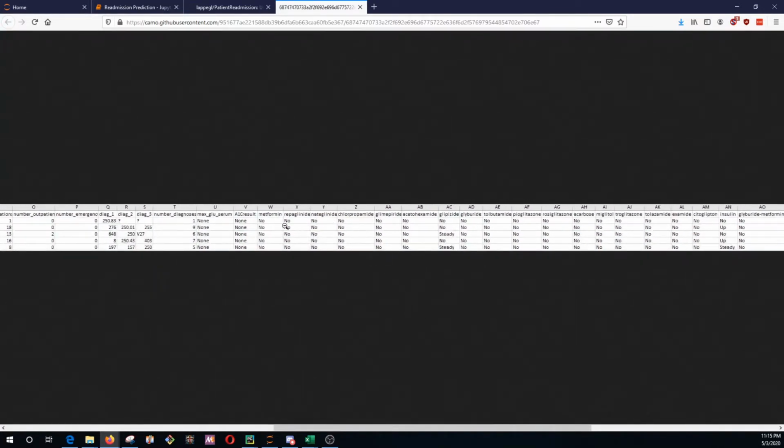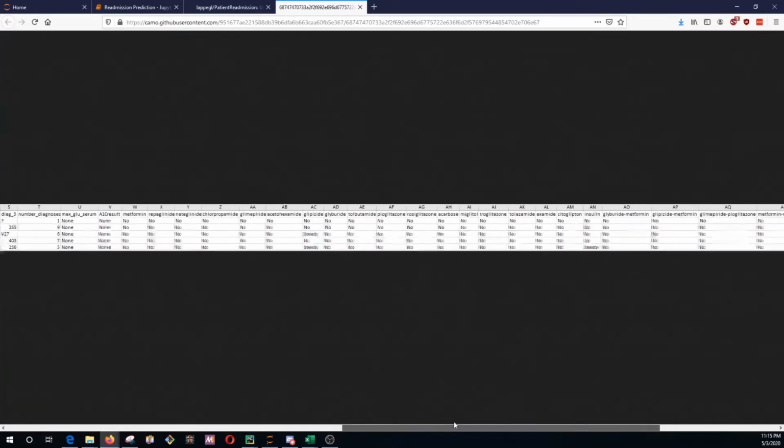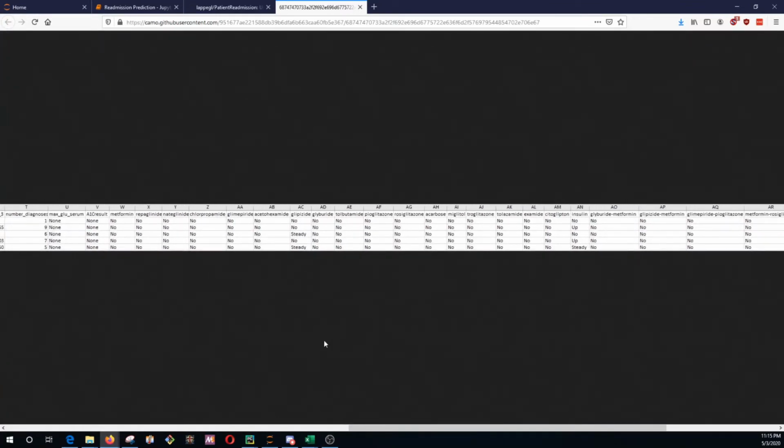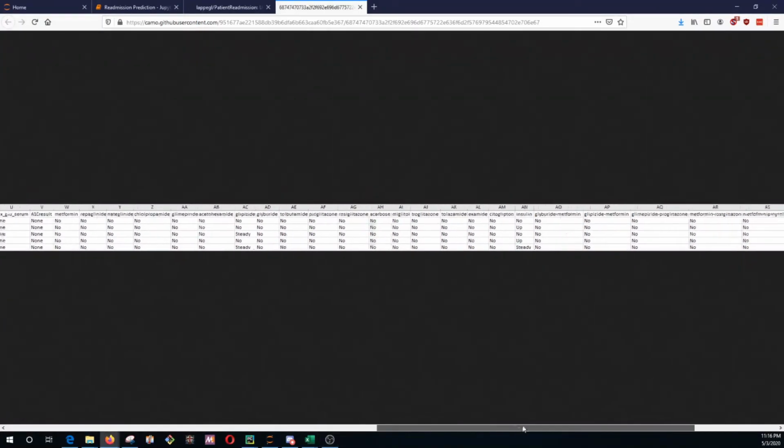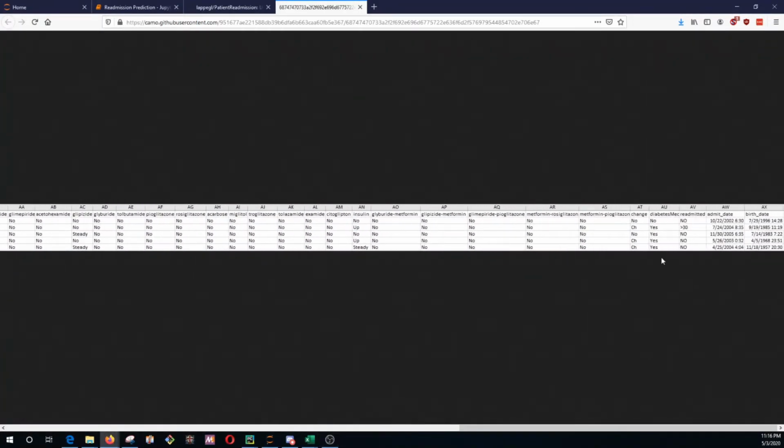And then there are a lot of columns here for different medications, and a medication can be non-existent. So if it's no, then this encounter, this admission, this drug was not used at all in that case. It can be also steady, up, or down, and that's designating the change, if any, in dosage levels during the stay. And then moving on, you can see towards the end markers for whether or not the patient is diabetic,